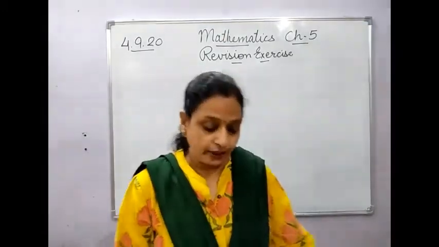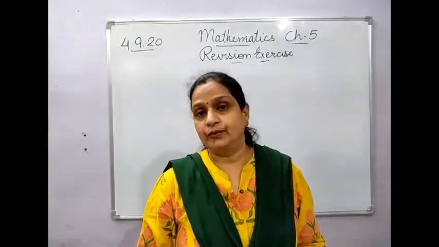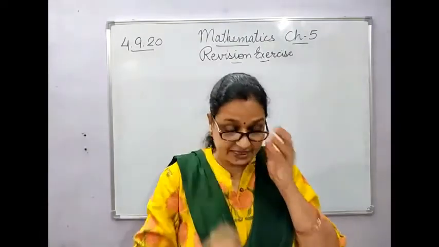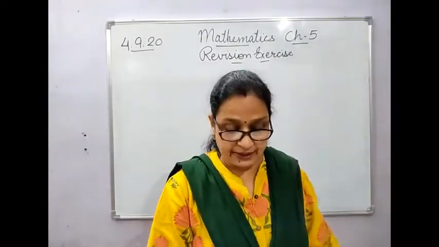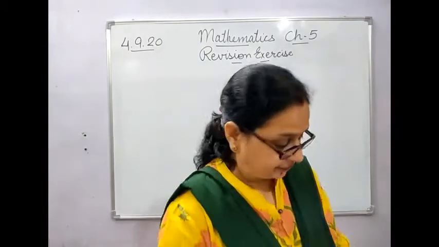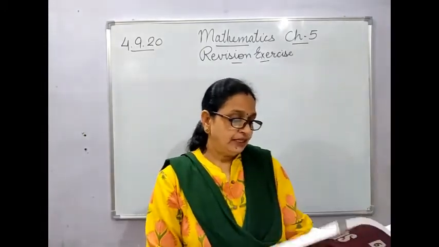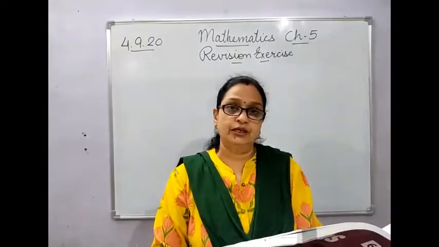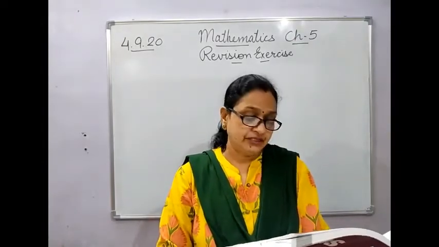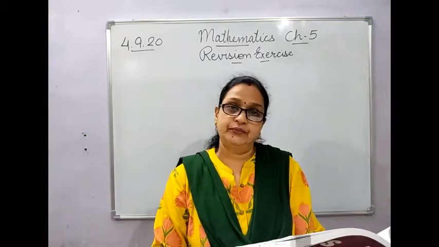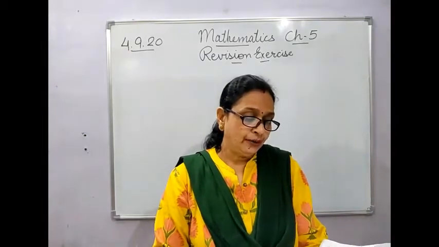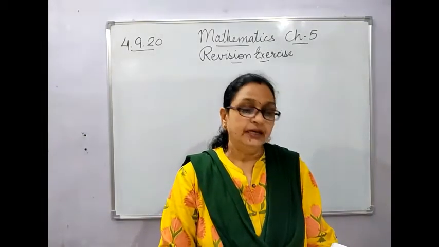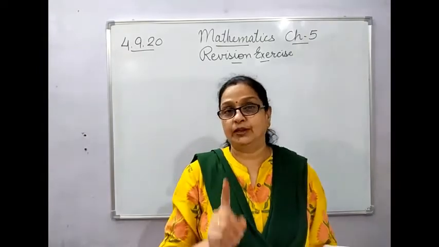And you know, in problem sums, you have to make the statements. First you understand what you have to do, and then you will make statements. See the first one. Manisha used 2 whole number 3 upon 4 cups of sugar and 7 whole number 1 upon 2 cups of flour for making a cake. How many cups of sugar and flour did she use all together?